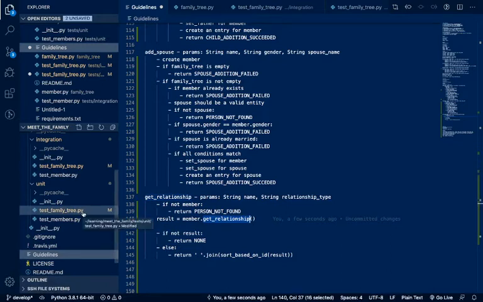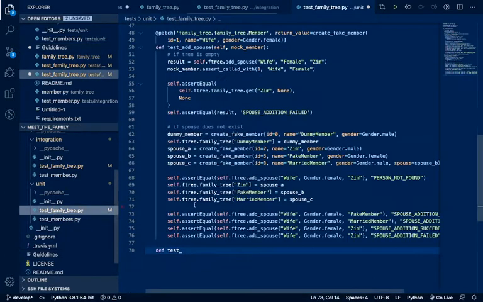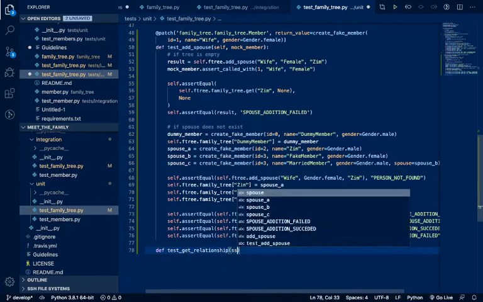So if we create a fake member, then the fake member is not going to have a get relationship method, and it's not going to return person not found or whatever, since it's not going to have that method at all. So we are not going to mock the constructor, we are going to mock the get relationship method over here. So let's just first create get relationship method,